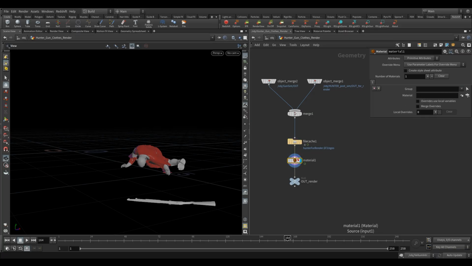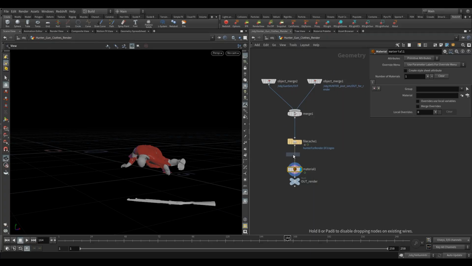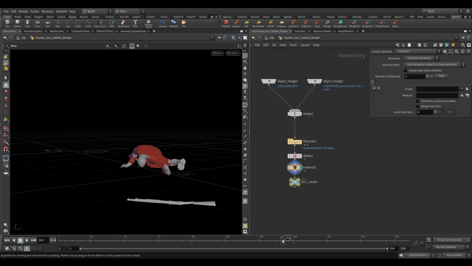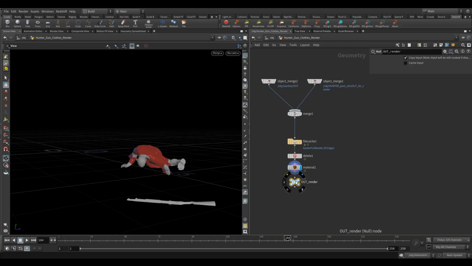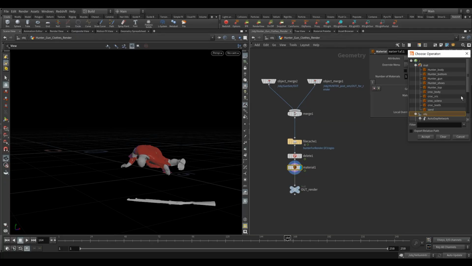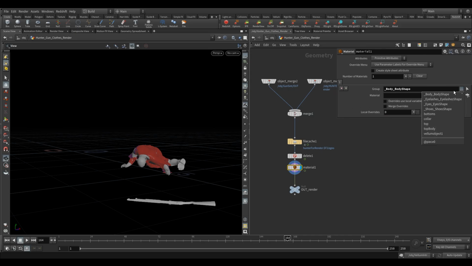I think we're not going to render the beard, so I'm just going to delete that out here. So we can use the body. I think actually we need the body and also